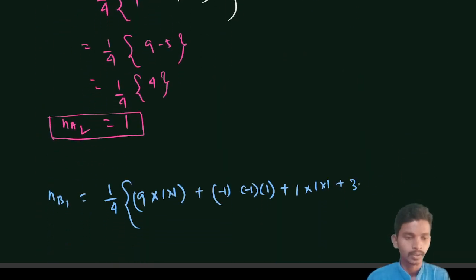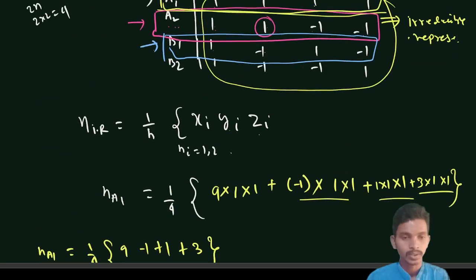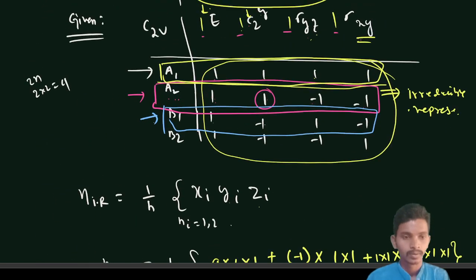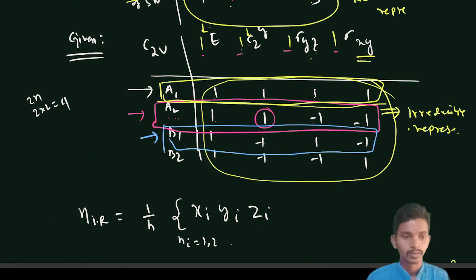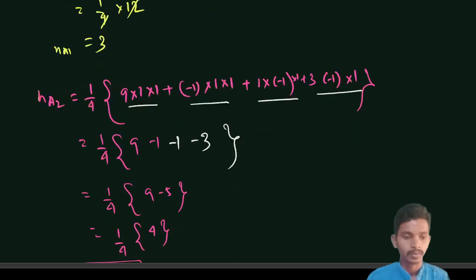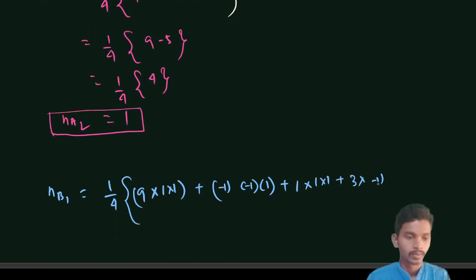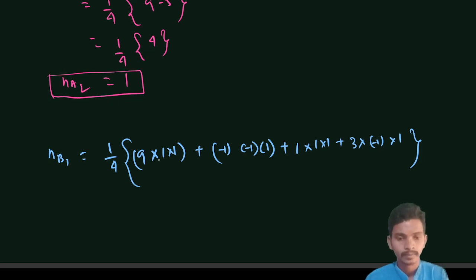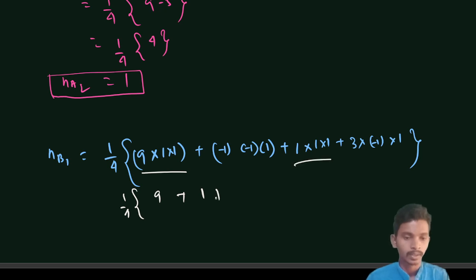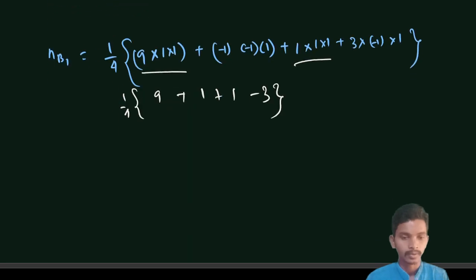I will put 3 into, and this value is minus 1, into 1. So if you add it up, this is 9, this is 1/4, and this will give you plus 1, and again plus 1, and this will give minus 3. Okay, so if you add it,